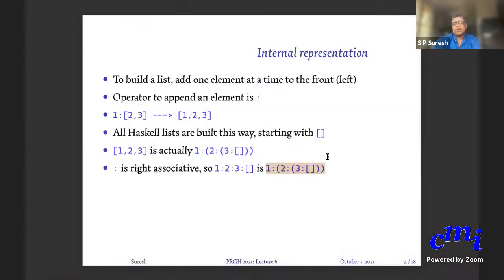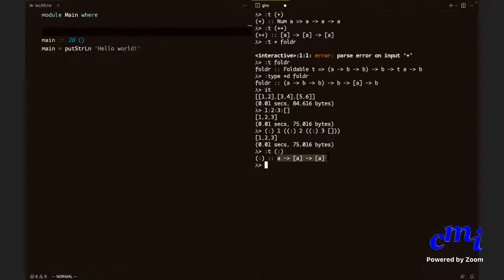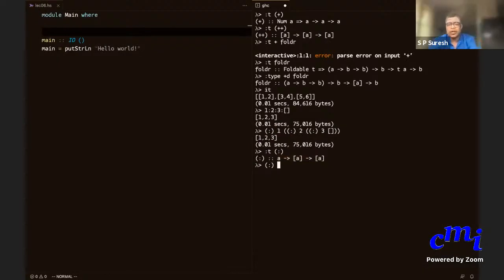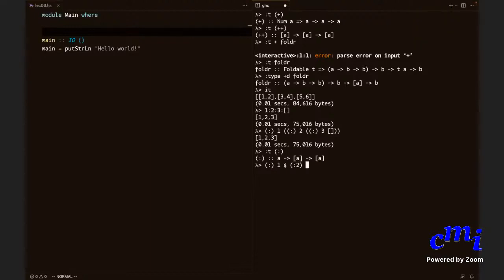So can you put dollars into that colon thing? It's a binary operator, so it's a little difficult. So you want to do something like this? Yes, it works.